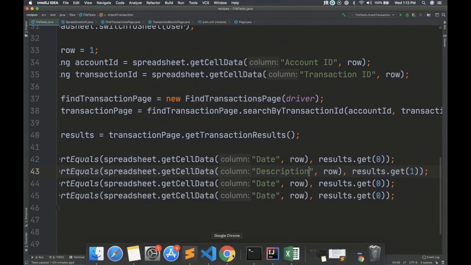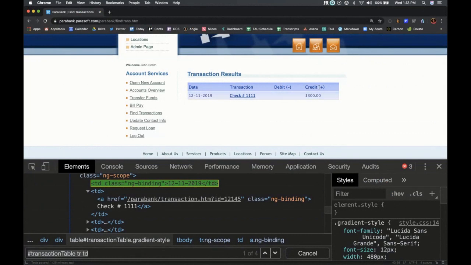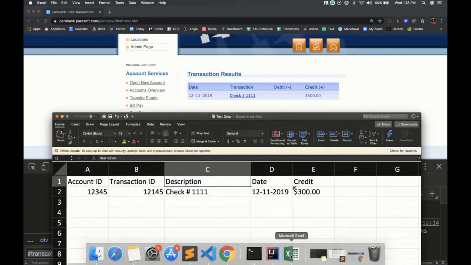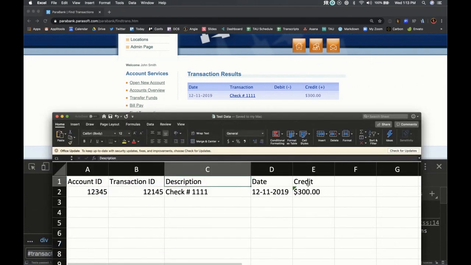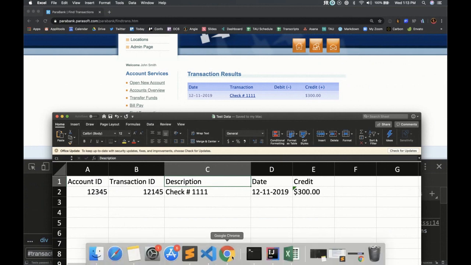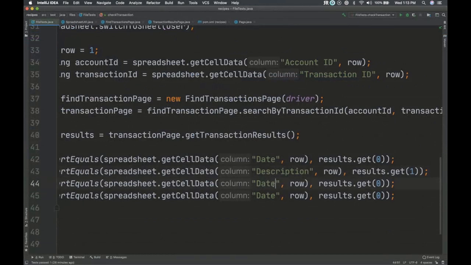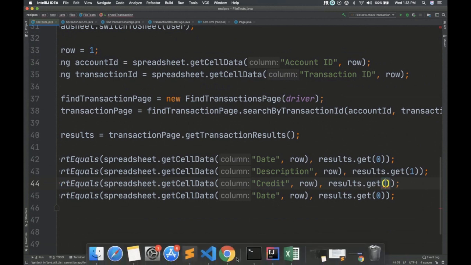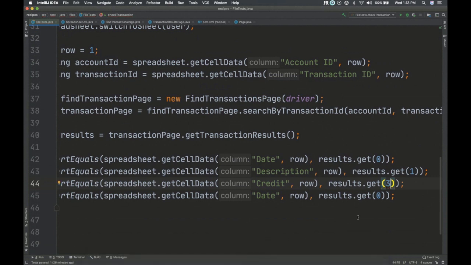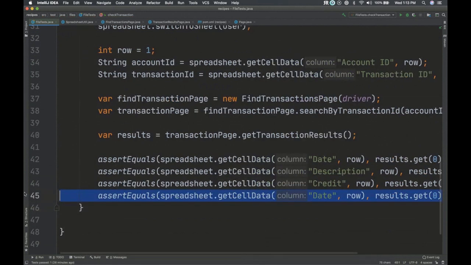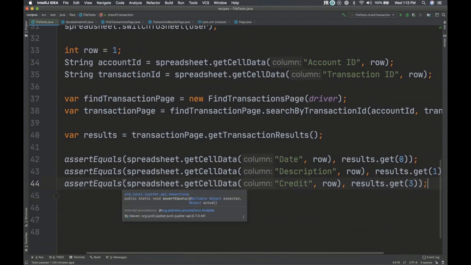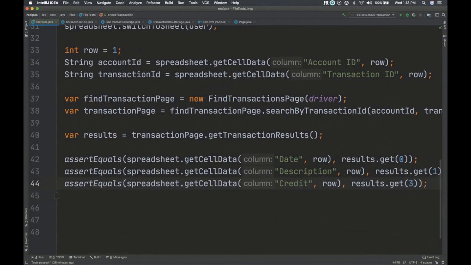And then debit, I don't care about that, but credit 300, and we have credit here of 300. So let's do that. Credit, and then this will be 2, 3, because we skipped one, right? We could make sure that other one was blank. I'm not going to worry about it.